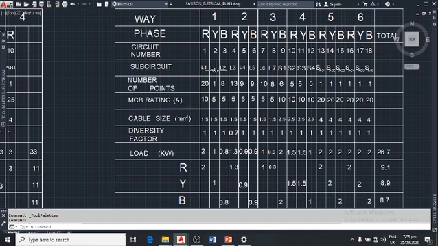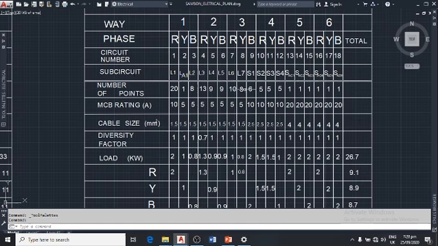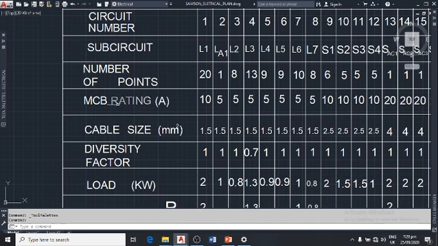So the same thing we will do for the LA1. You count the number of points: L1, L2 8 points, L3 13 points. Now each of all the subcircuits has a number of points to put them there. The MCB rating. Now the selection of MCB rating,